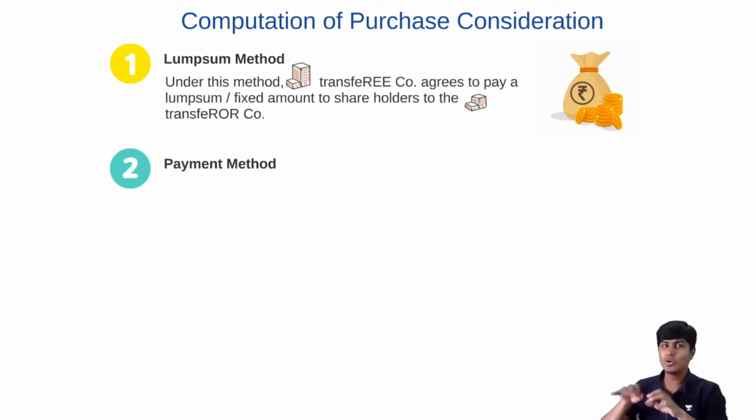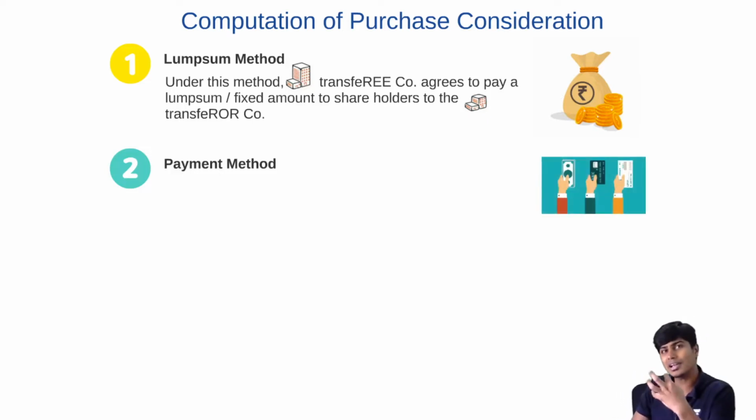You know why? When we go down to discuss accounting entries, which we're going to do in the next video, you would need the split. If you don't know the split, how can you pass the accounting entry? So lump sum method and payment method are like brother and sister, they go together. You get that? So payment method, various forms and modes will be told to us and we'll find the total